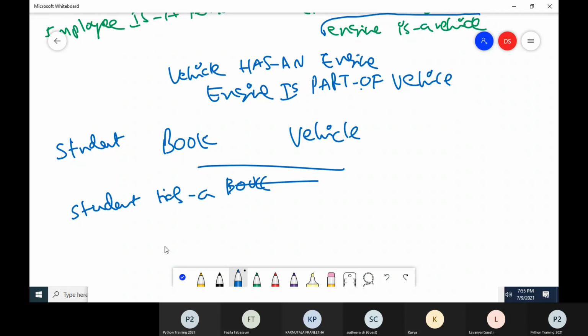So whenever you want to set a relationship between two entities, check whether a natural "is a" relationship is forming. If it is forming, go for inheritance. And check whether a natural "part of" or "has a" relationship is forming. Then go for aggregation. Normally, when you take inheritance, what happens is